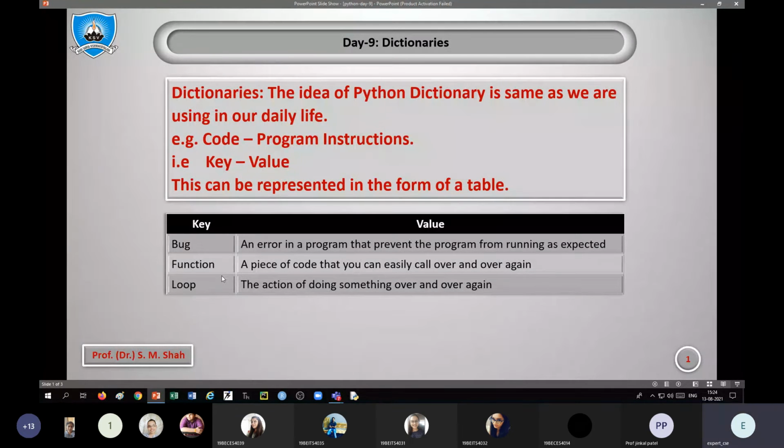Function is a key, a piece of code that you can easily call over and over again. And loop, the action of doing something over and over again. So these are the 3 words I have initially taken. We can say bug, function and loop are keys, and these are its values.